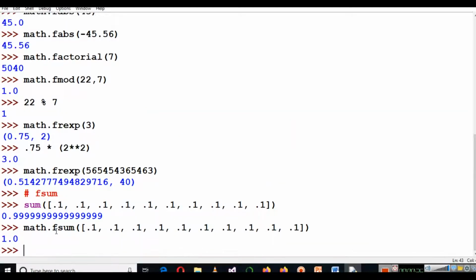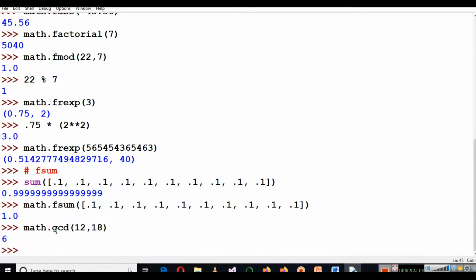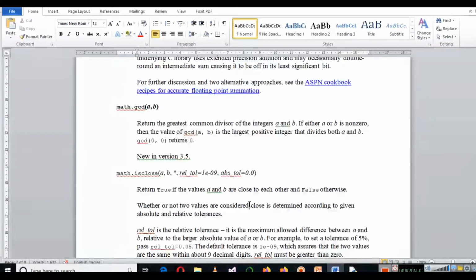So let me write math.gcd, and in gcd let me write 12 and 18. What is the greatest common divisor of 12 and 18? The answer is 6. So this is the work of the gcd method.